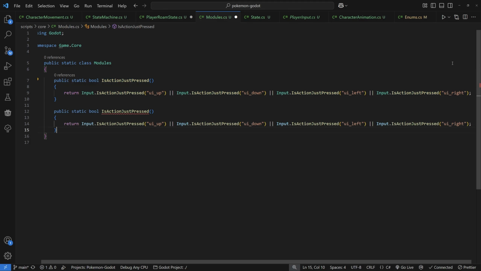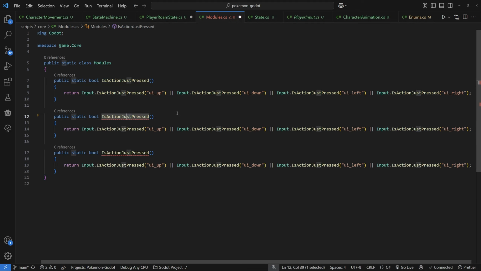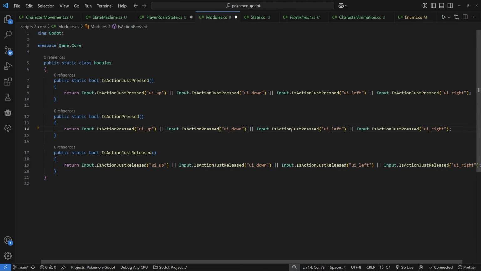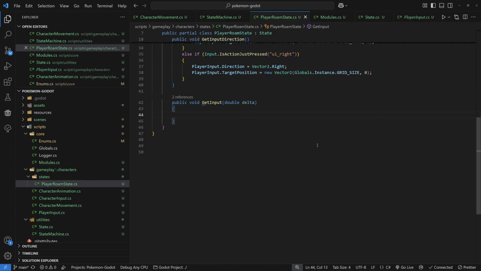Once you've created this function, we're going to do the same thing for isActionPressed and isActionJustReleased. That way, anytime we have to check one of these 3 button functions, we can just call this static function and it will give us if any of the 4 are being pressed. Back inside your getInput function in your player realm state, you could check to see if